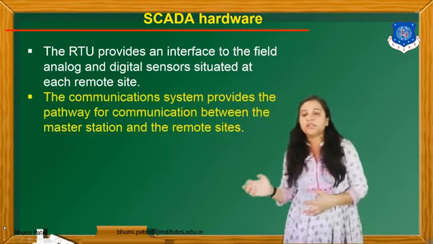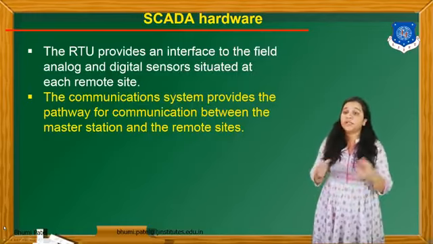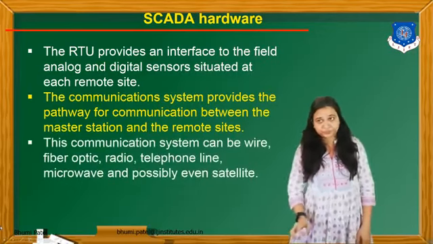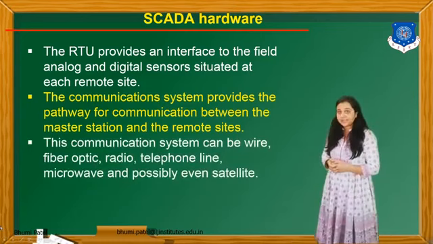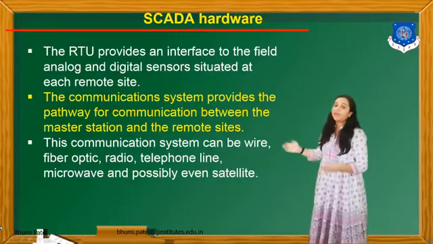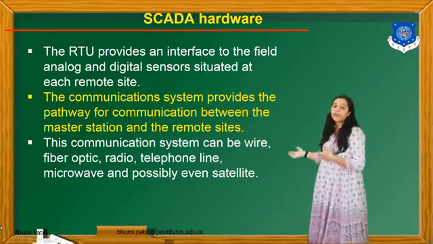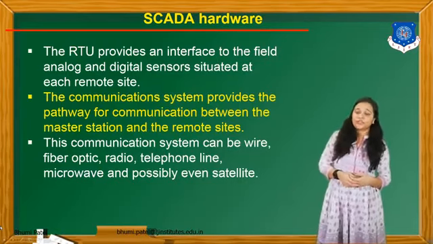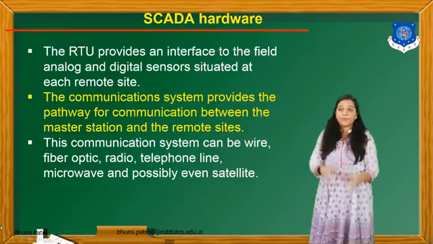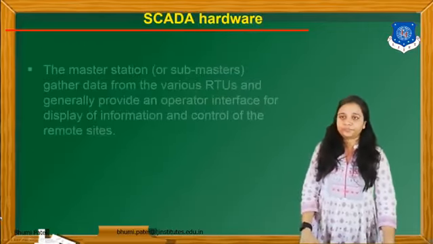Now the communication system provides the pathway of communication between the master station and the remote site. And the third one is which type of communication system is used in the SCADA hardware. So this communication system can be wired, fiber optics, radio, telephone lines, microwave, or possibly even satellite. So we have to use different types of communication systems to communicate between the field device and the master station. Okay,